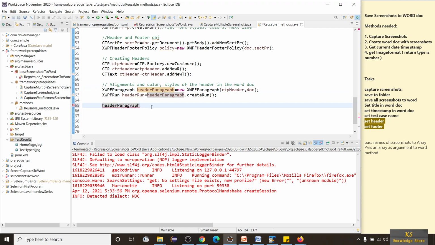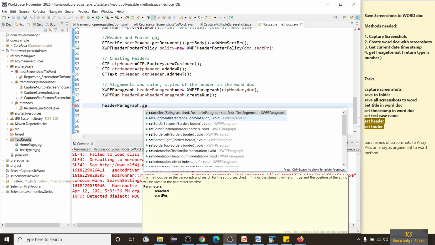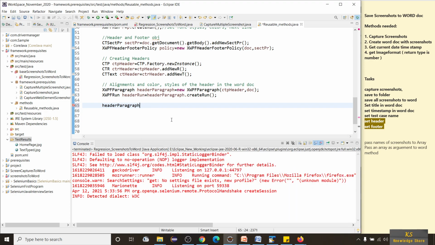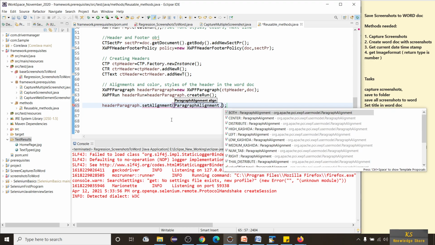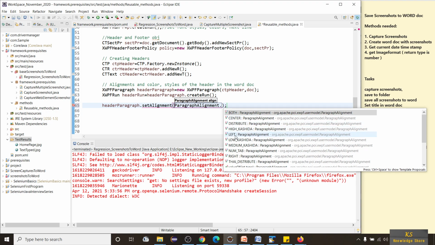You can see different methods available here: setAlignment, setBorderBetween, setLeft, setTop, everything. I'll set the alignment first. setAlignment of ParagraphAlignment dot. You can see different alignments here, left, right, and everything. So I am taking left.